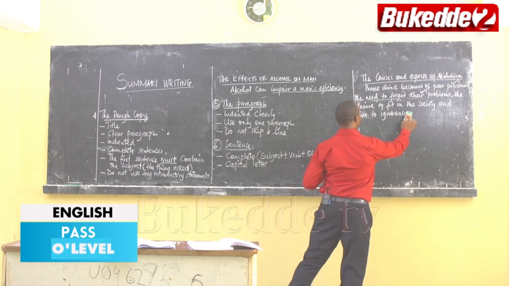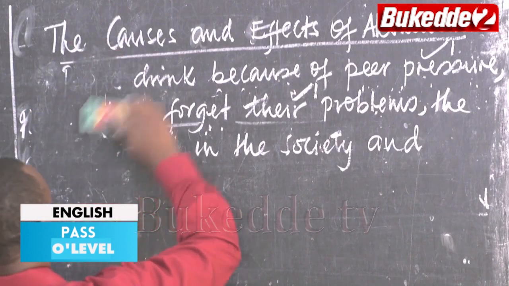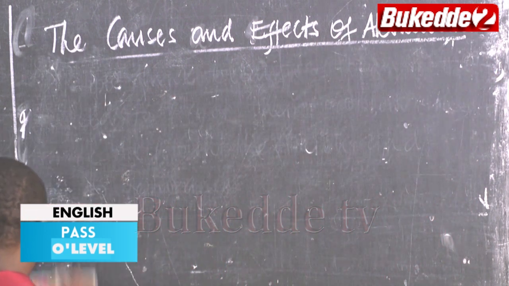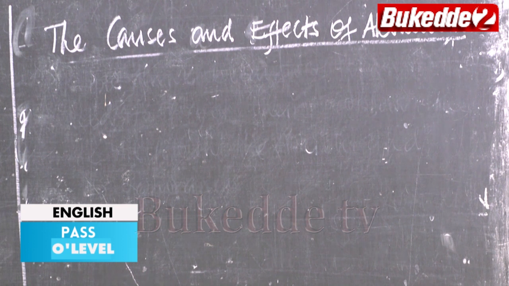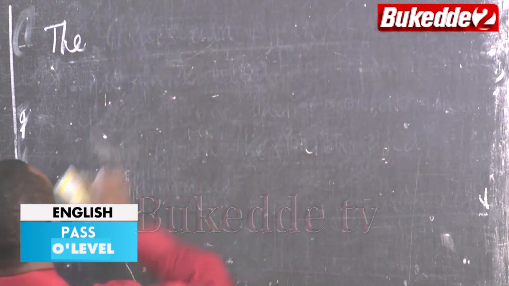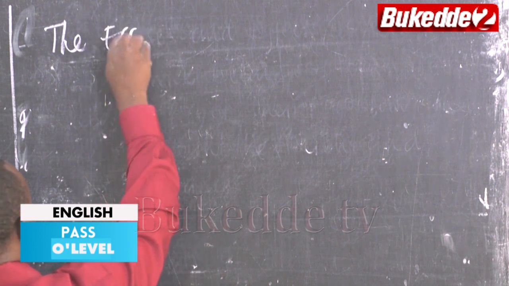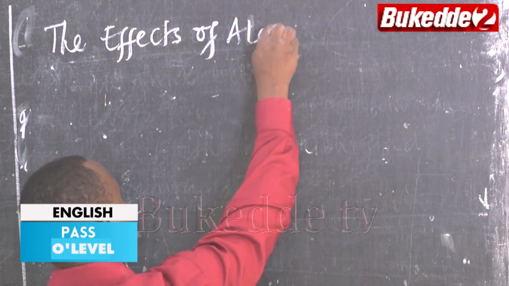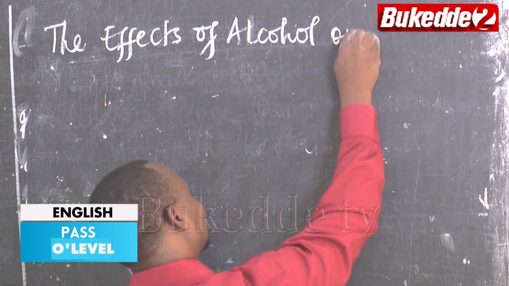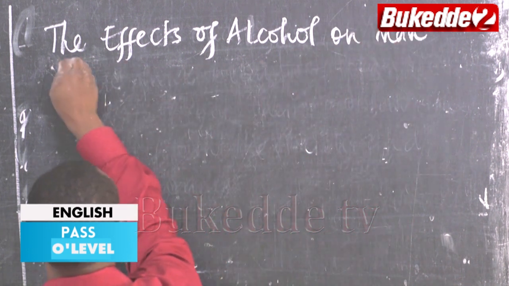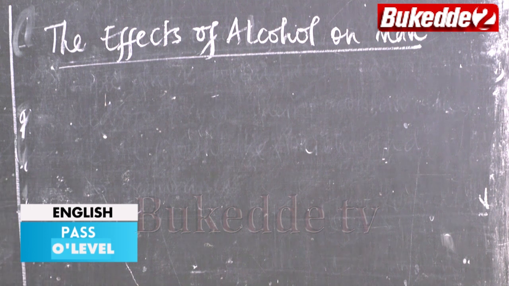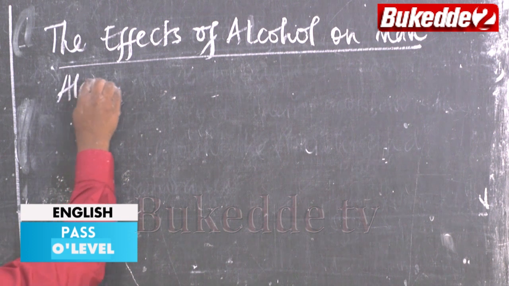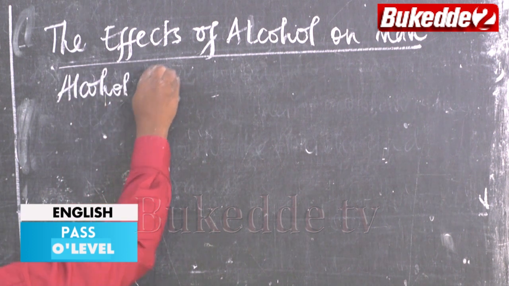Connecting the points. Let's look at maybe another one here. A sentence that has about 7 points. And that one would be maybe the effects of alcohol. The effects of alcohol on man. So you have about 7 of them. You say, alcohol can